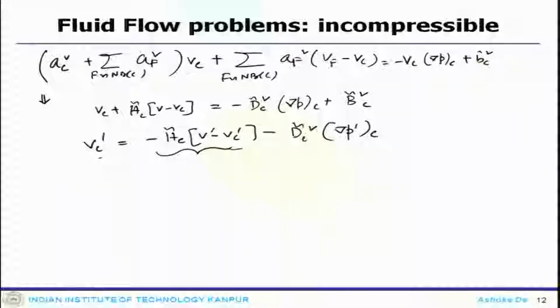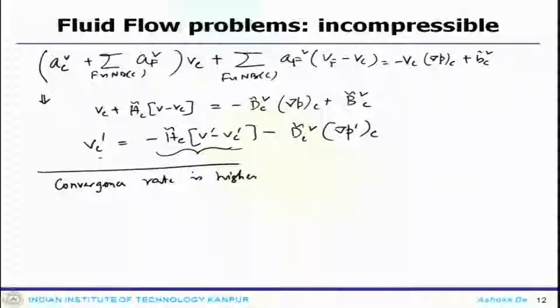The relaxation of the pressure becomes unnecessary as compared to SIMPLE. So, in this case we may not need to relax the pressure, and the resultant velocity corrections will better satisfy the momentum equation, and consequently a higher convergence rate is obtained. So, the convergence rate is higher for this case.